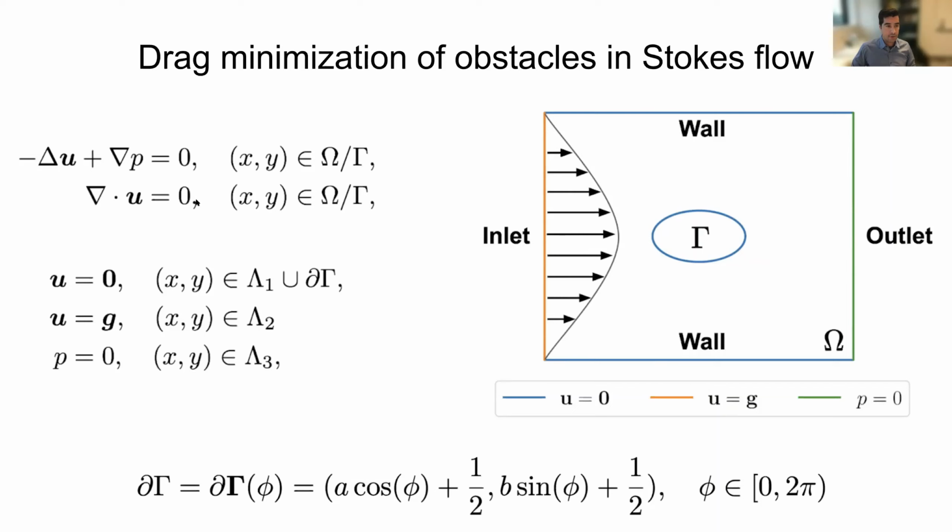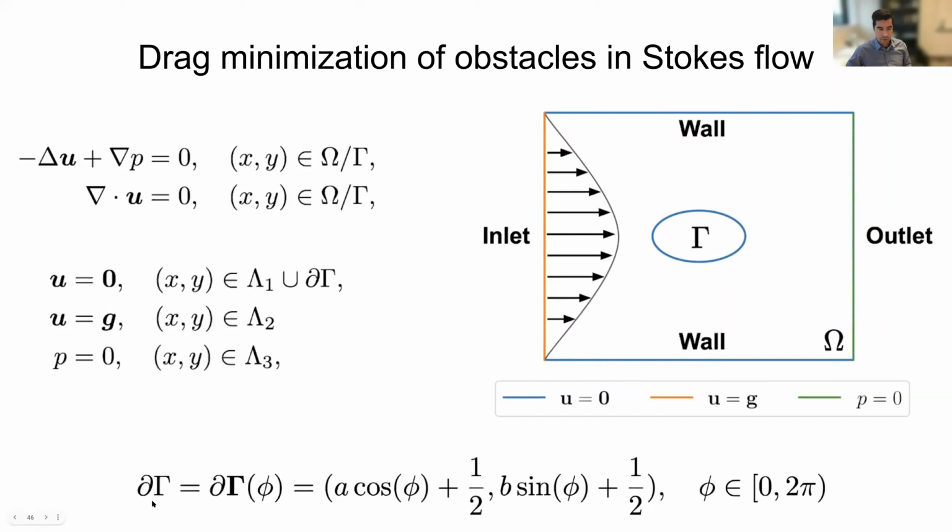This is a steady state problem described by the so-called Stokes equations, which are denoted here. Here, U denotes the fluid velocity and P denotes the fluid pressure, subject to some appropriate boundary conditions. And now the goal here is, can we identify the shape, the geometry of this obstacle that minimizes the dissipated energy of the fluid, or that minimizes the drag